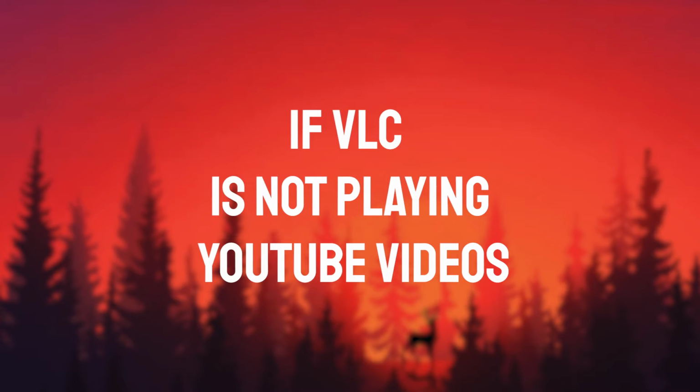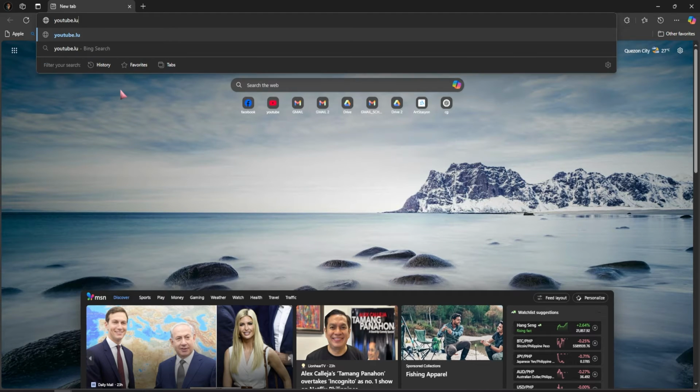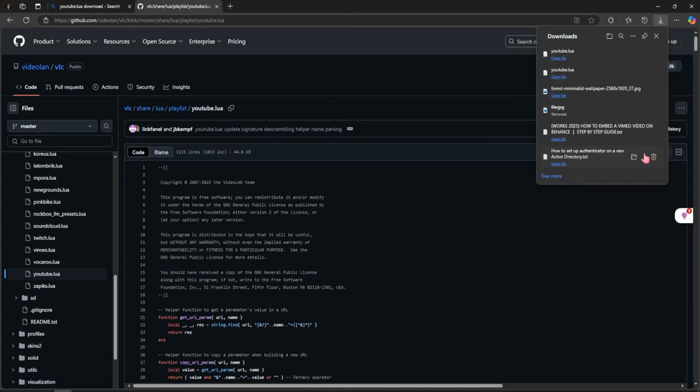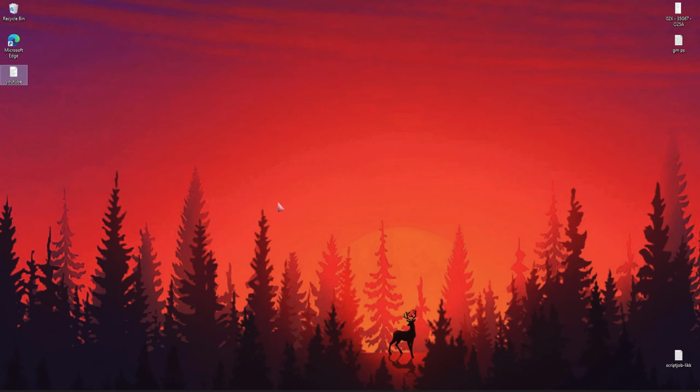If VLC is not playing YouTube videos, don't worry, here's how to fix it. This fix is quick and simple. First, download the youtube.lua file, save it somewhere easy to find, like your desktop, so you don't have to search